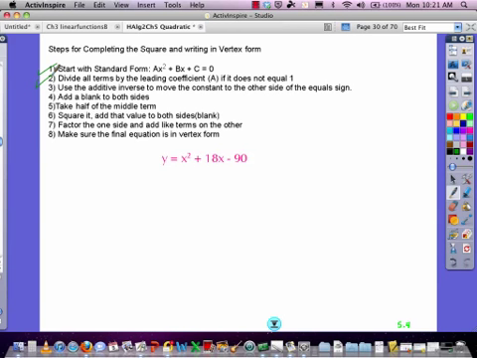Use the additive inverse to move the constant to the other side of the equal sign. So that means our constant, which is a negative 90, we need to move out of the way. We'll move that by adding 90 to both sides. When we do, that leaves us with x squared plus 18x on the other side. The 90 is gone. Then, next it says, add a blank to both sides, because we're going to be introducing,